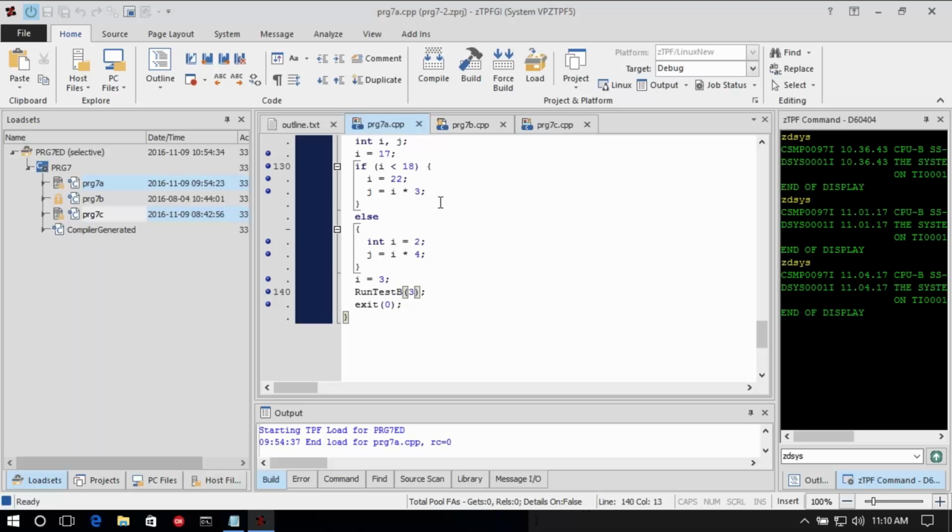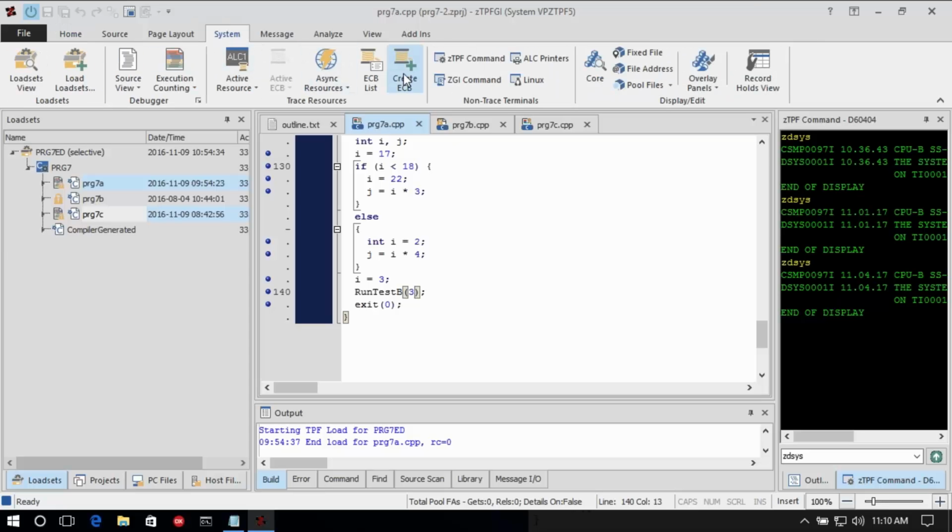Once I've got those turned on, now, it's a very simple program. I don't even have a transaction to start it. I'm just going to create an ECB for it. Now you probably wouldn't do that. You could use this with async trace, for example. You can set up your async trace, then once control stops in your program, you could turn on execution counting at that point if you wanted to. So you can use this with async trace as well, but I'm just starting it this way very simply,